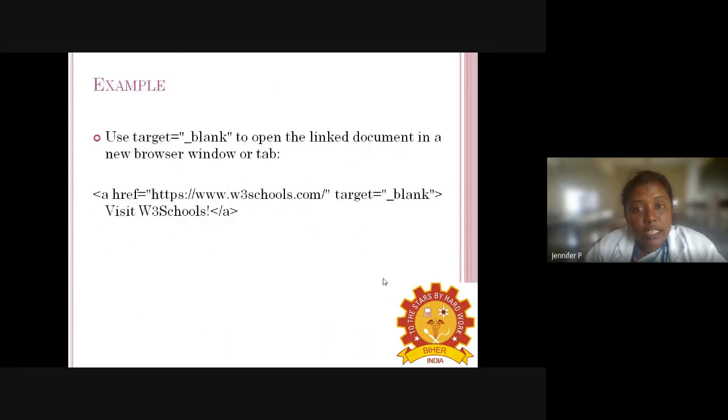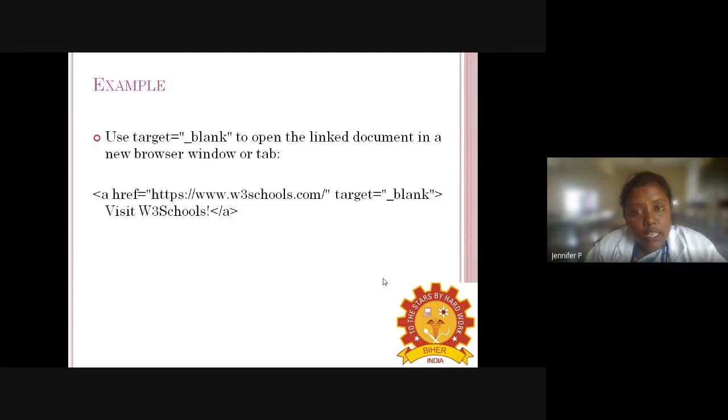Next we have an example of how it works. Use target equal to double quotes underscore blank, which means to open the linked document in a new browser window or tab. The syntax is a href equal to, within double quotes, the URL, the website address, and close the double quotes.